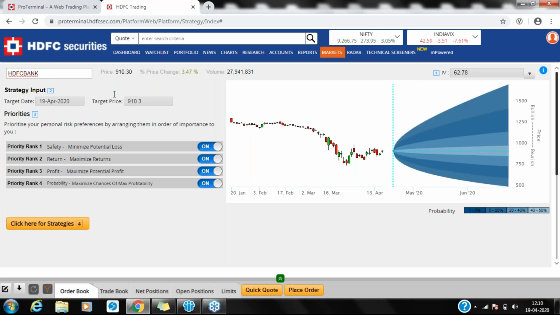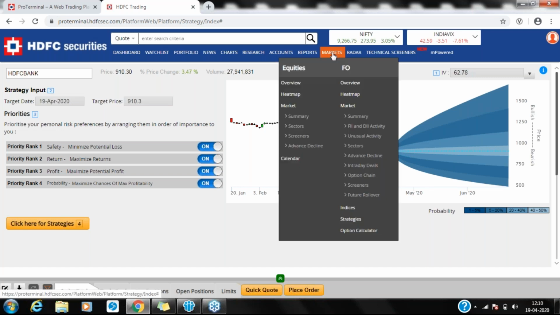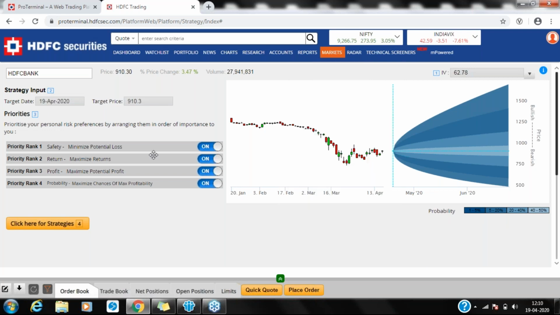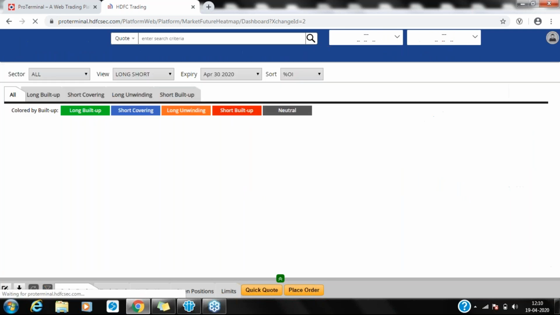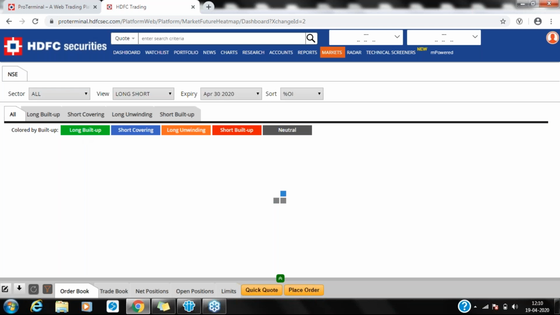Mr. Yogesh has a question. Shall I use the strategy for equity? Mr. Yogesh, yeah, you can use this heat map option for the equity also. For options, obviously, the option strategy cannot be used in equity, but the heat map section you can use for screening the stock for normal buying and selling also. If you want to buy something for equity or in e-margin, you can also shortlist the stock on the basis of long build-up. So you can definitely use this.